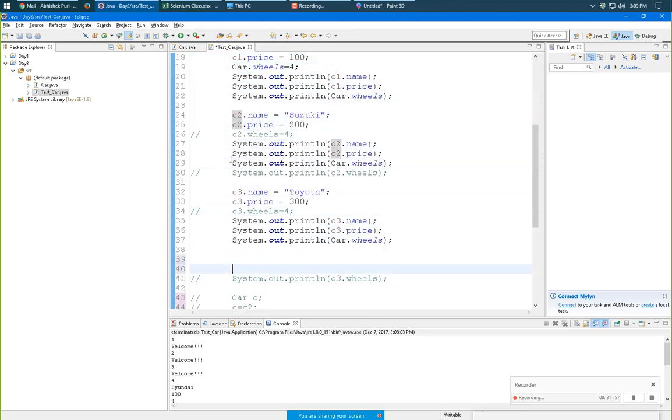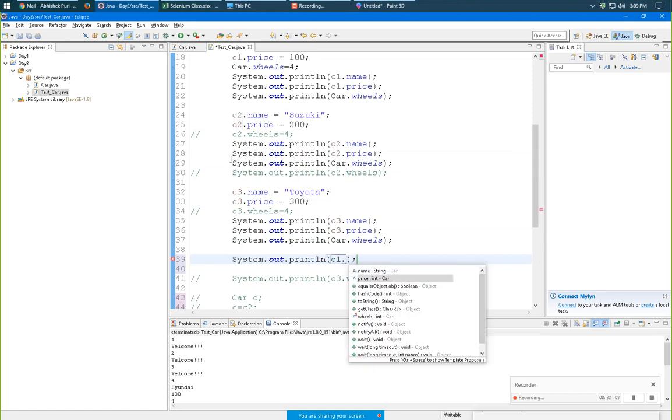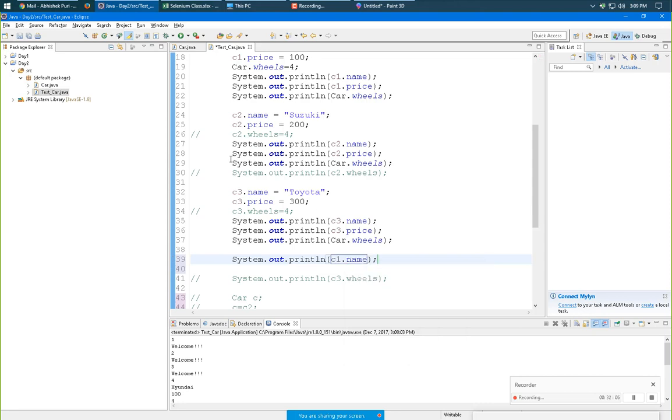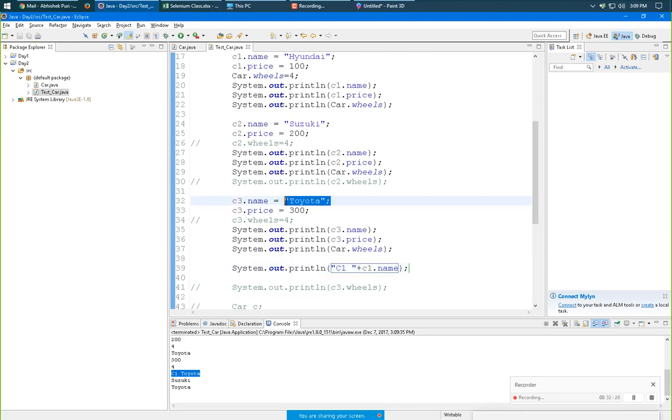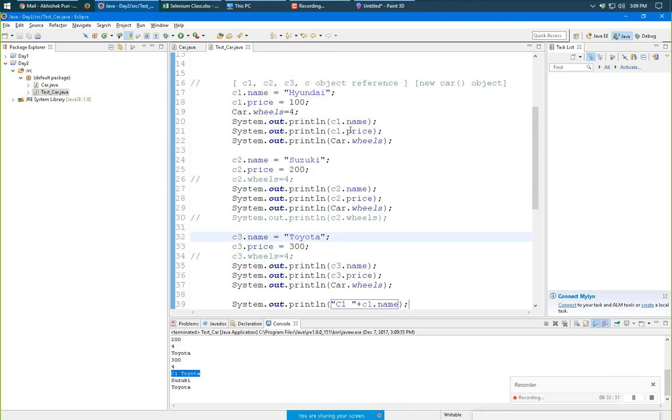If I want to print C1 dot name, I'll concatenate it. So see, C1 Toyota, I used the same object, so I overrode the value to Toyota. Earlier C1 was having Hyundai.